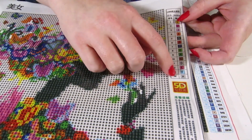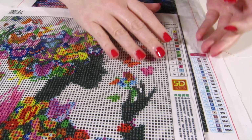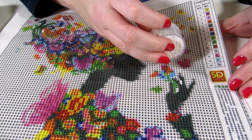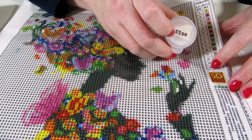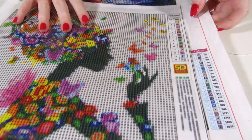The kit has 14 different colored packs, so we have a problem since we numbered the jars with the universal DMC color codes. Whoops. But it's okay, I kept the original plastic bags, so we can still check which number corresponds to which jar of beads. Plus, this painting doesn't have a huge number of different colored beads anyway, so you can kind of just check that okay, it's the yellow one or the light blue one or the darker green,